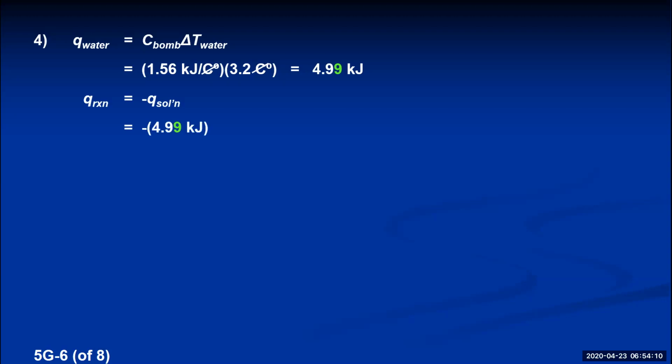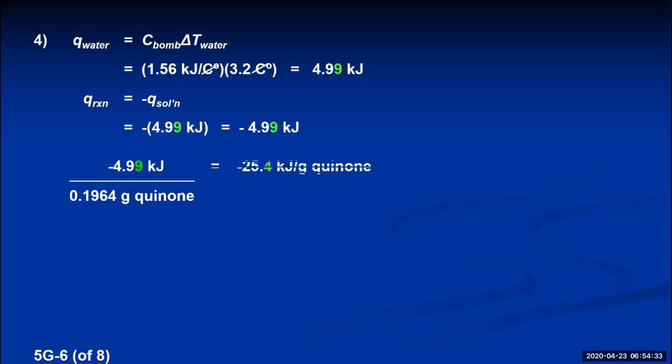And so the Q of the reaction is going to be the negative of 4.99, which is negative 4.99 kilojoules. To get the answer in kilojoules per gram of quinone, this actually is an easy calculation now. They told us we burn 0.1964 grams of the quinone. So we take the negative 4.99 kilojoules, divided by the 0.1964 grams. The top number is only 2 significant figures, so our answer is going to have to be rounded to 2 significant figures. So we would say that the heat of combustion of quinone is negative 25 kilojoules per